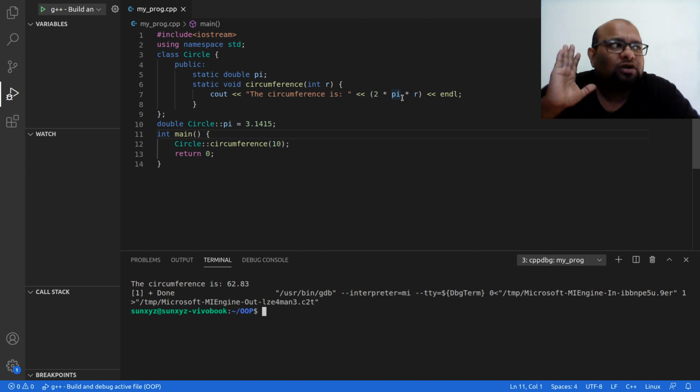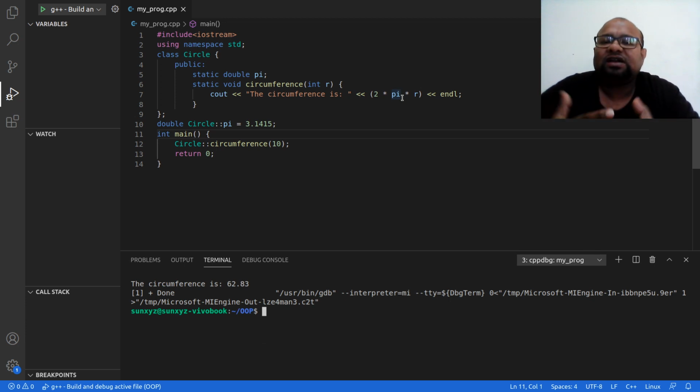But I don't want that person to be bothered with the inside things of my class. But what does the person have to do? That person has to initialize this circle scope resolution pi to 3.1415. So this is problematic.